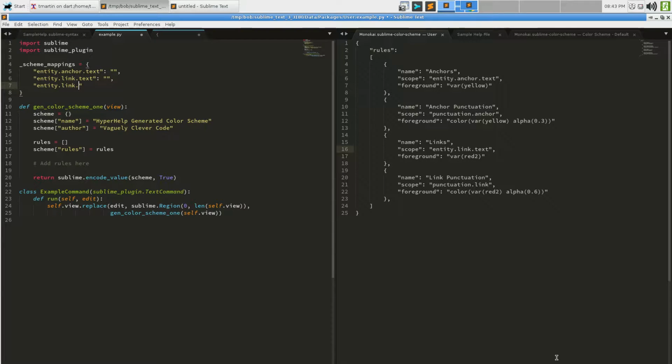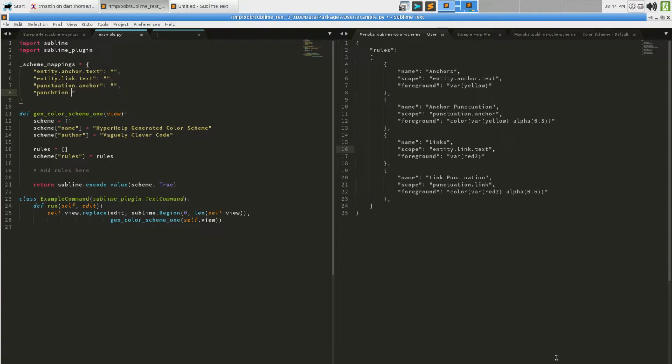Entity.link. Nope, sorry, punctuation. We want punctuation.anchor over here, but spelled correctly, as something. And we want, good lord, punctuation.link as something. Now, what are the somethings over here?